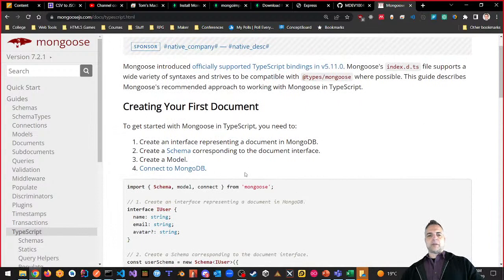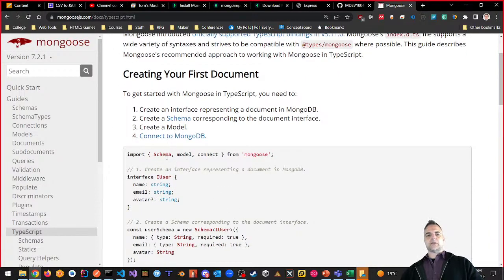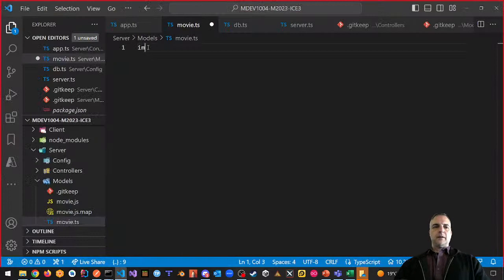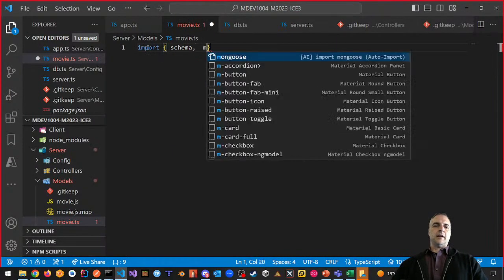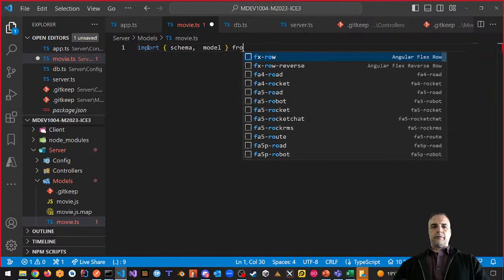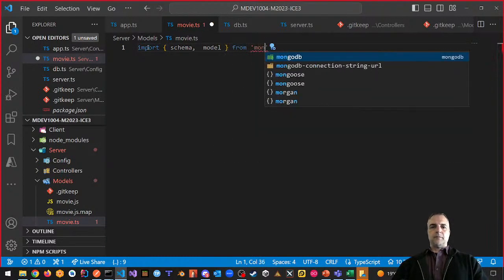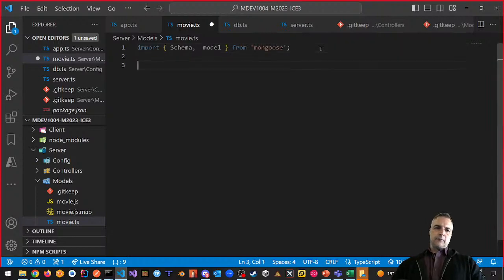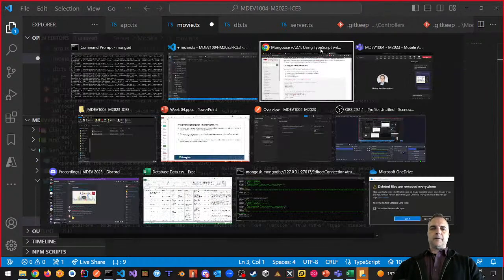We want to be able to import schema and model from Mongoose. Let's do that. So back to this, we're going to say import, and then in quotations, schema and model, right, from Mongoose. Again, this is right from their documentation. And if schema is not spelled right, schema with a capital S, that's the first part, all right? The other thing that we want to do is, once we've got that, back to the documentation,